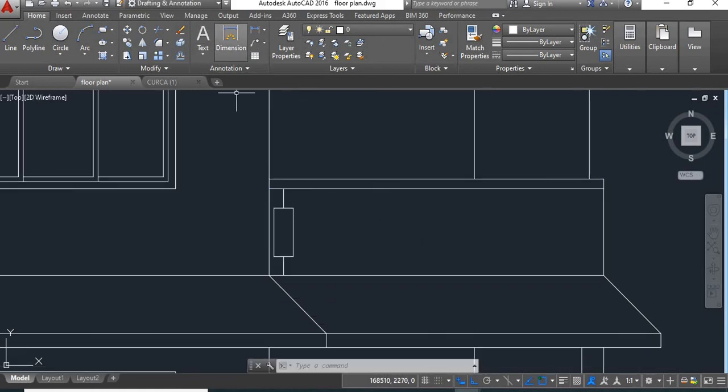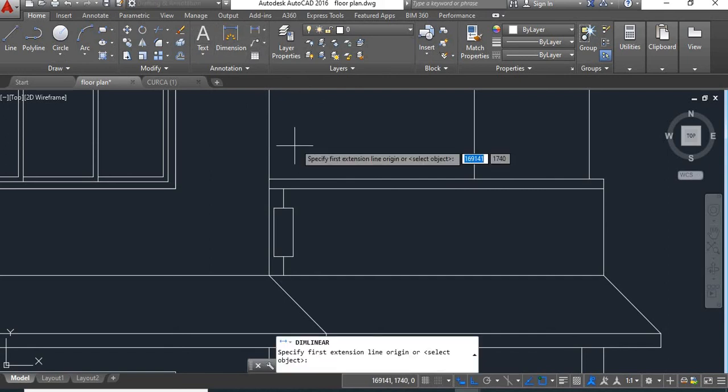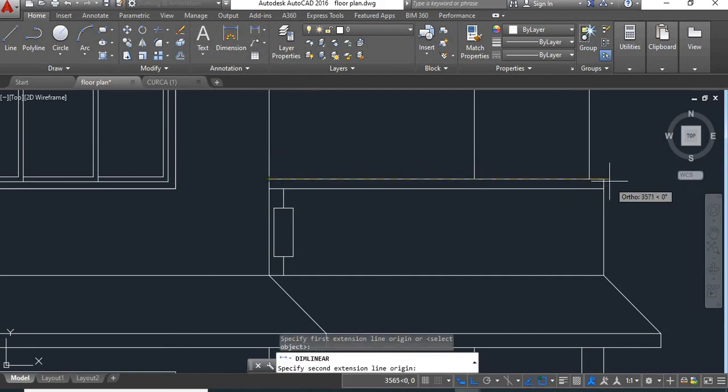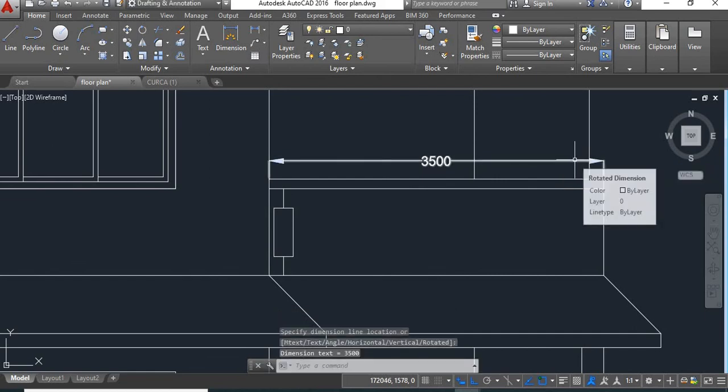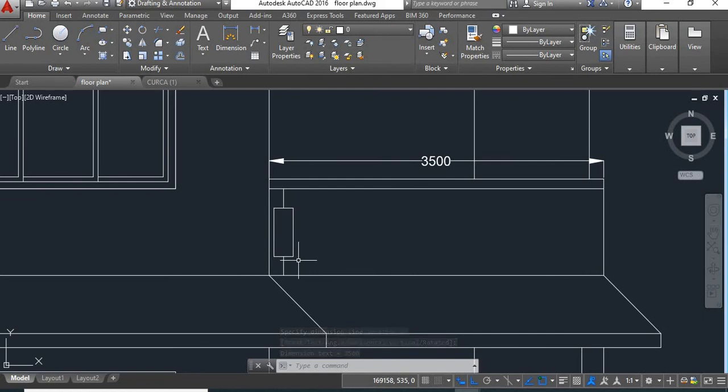Now again here we'll check this distance. This is 3500. Now this single panel will require 300 as we saw last time. So we'll calculate this. This is 3500 divided by 300. So we'll get 11.6 panels.